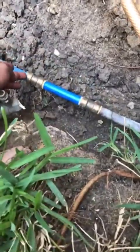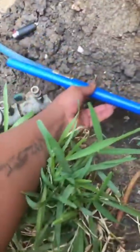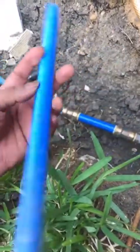I'm gonna have to cut this one here, and I'm gonna have to cut this one from here. I got another piece of PEX pipe, the other piece that I cut this little piece off of. I got this piece right here, but I gotta wash it off before I can get started. That's what I should have been doing before I started the video. That's what I was supposed to be doing, but